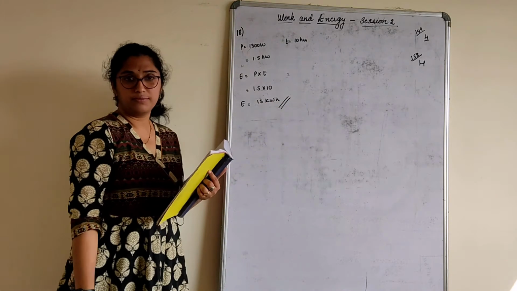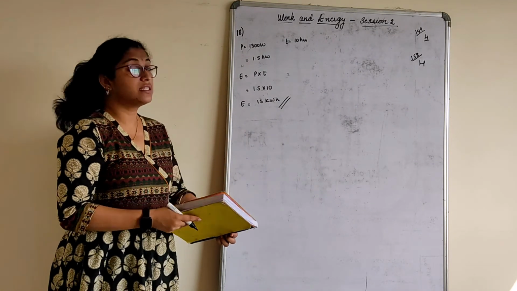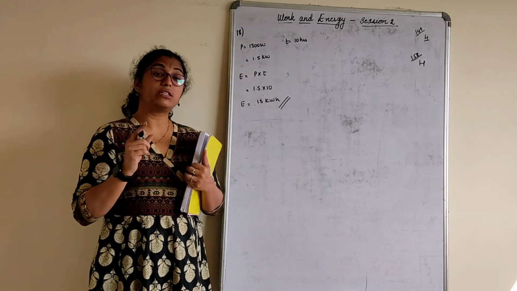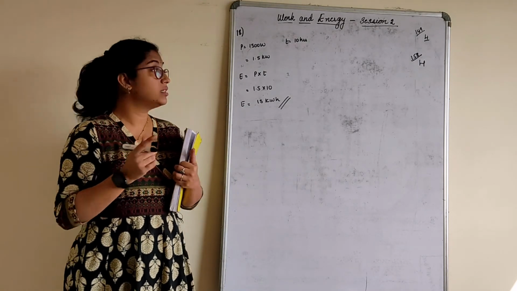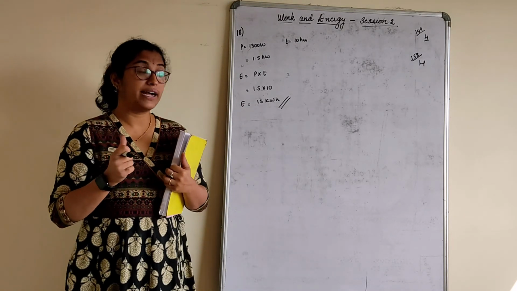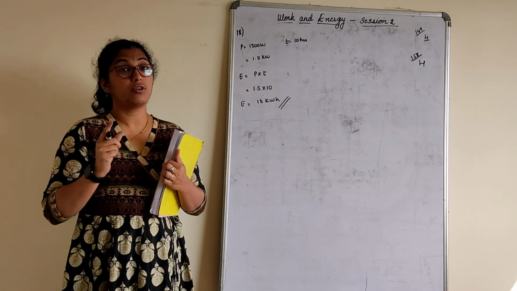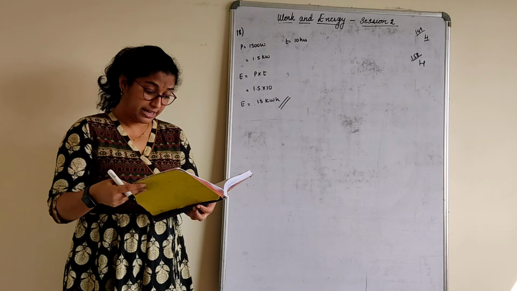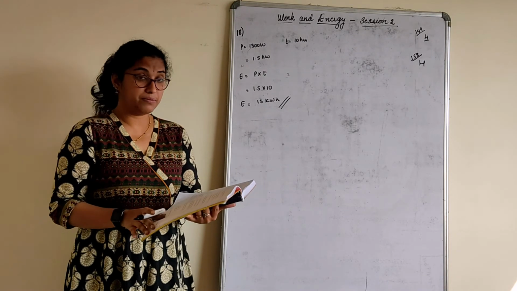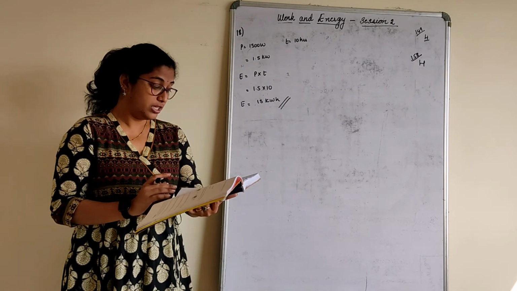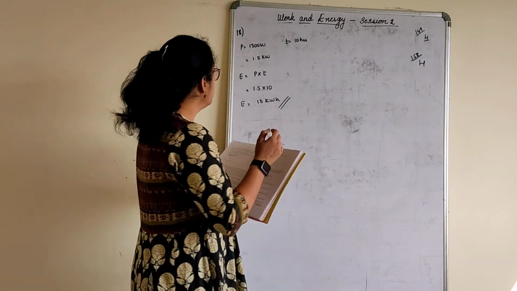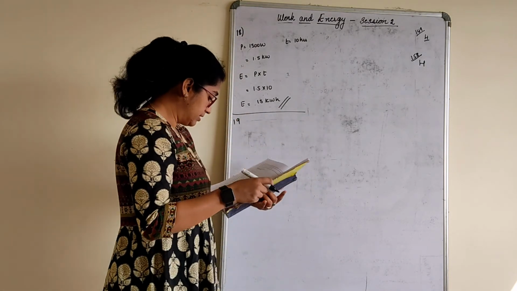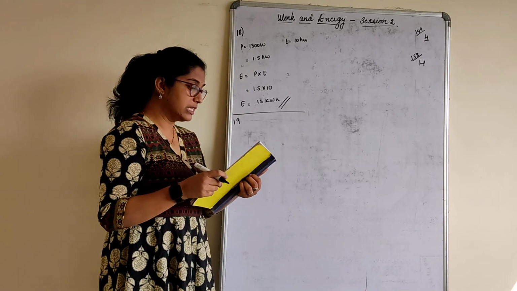That's all the answer. See, again I am repeating, whenever they ask you to check the electric energy consumed, your power should be in kilowatt and your time should be in hours. The same type of questions are repeated next year as well. So you have to remember, only for electric energy consumed. Let's go with the next one, 19th, which according to your book is actually the 17th one.